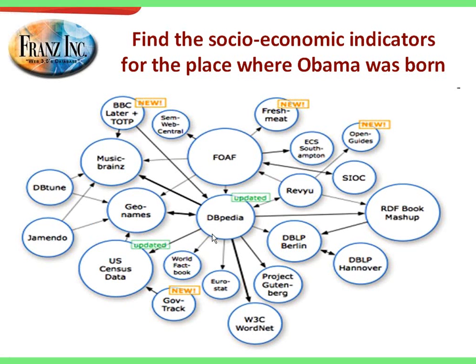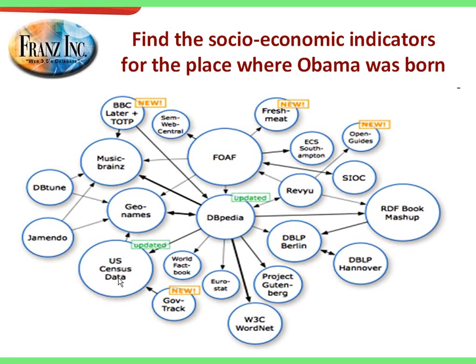About half a year ago, one of my colleagues, Gary King, gave a talk, which is also on our website, where we showed how we can do queries where we use the DBpedia, which is kind of the RDF version of the Wikipedia, GeoNames, which is a database of about 6 million places on Earth, and the US Census data, and we could do queries where we say find the socioeconomic indicators for the place where Obama was born, where you both need to find where Obama was born in the DBpedia, where you want to know about the place and GeoNames, and then you want to know about the socioeconomic indicators in the US